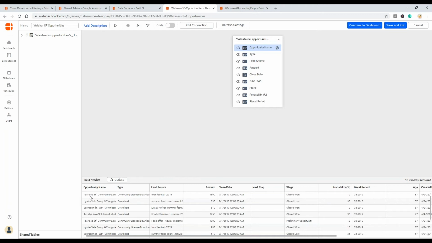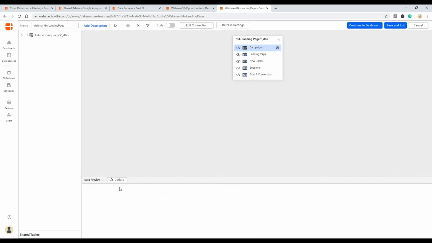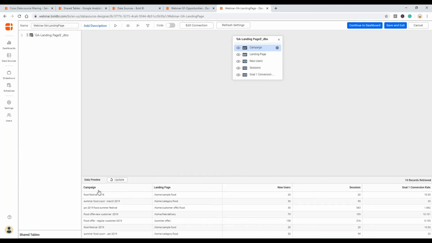As you see here, the opportunities data shows the name of the opportunity, the amount it has generated, the stage, whether it is won or lost, and also the lead source, which is nothing but the campaign, and other details as well. Coming to the Google Analytics landing page data, it has once again the campaign as its name itself, and the landing page, user count, sessions, and the conversion rate.